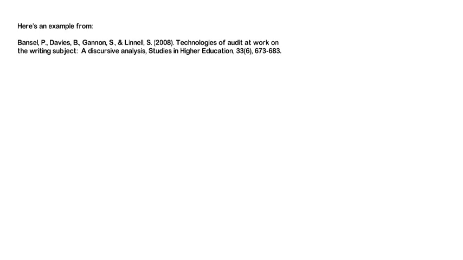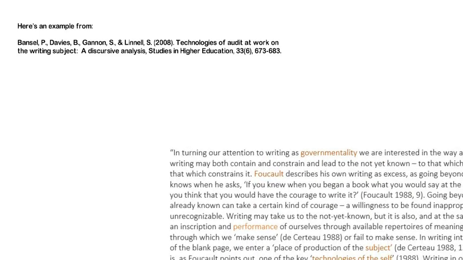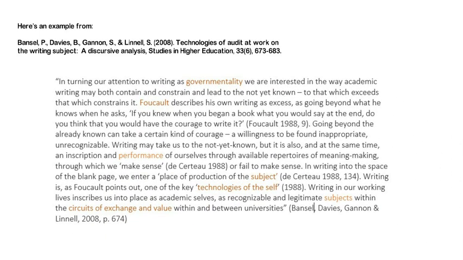In turning our attention to writing as governmentality, we are interested in the way academic writing may both contain and constrain, and lead into the not yet known, to that which exceeds that which constrains it. Foucault describes his own writing as excess, as going beyond what he knows when he asks, if you knew when you began a book what you would say at the end, do you think you would have the courage to write it? Going beyond the already known can take a certain kind of courage, a willingness to be found inappropriate,